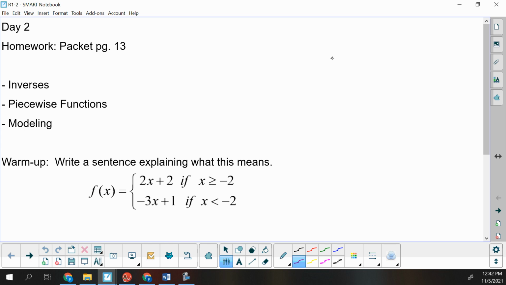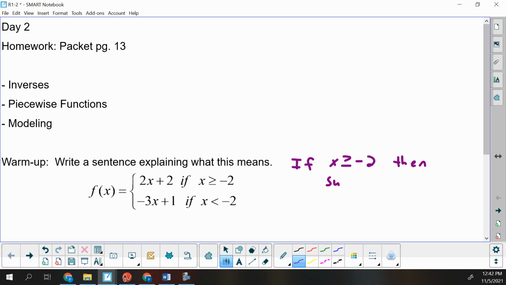So what we've got pictured here in the warm-up, this is called a piecewise function. You should have seen them last year. We're going to work with piecewise functions some today. That's why we're looking at it in the warm-up. And what this is, it's two different equations depending on your values of x. So what this means is if x is greater than or equal to -2,